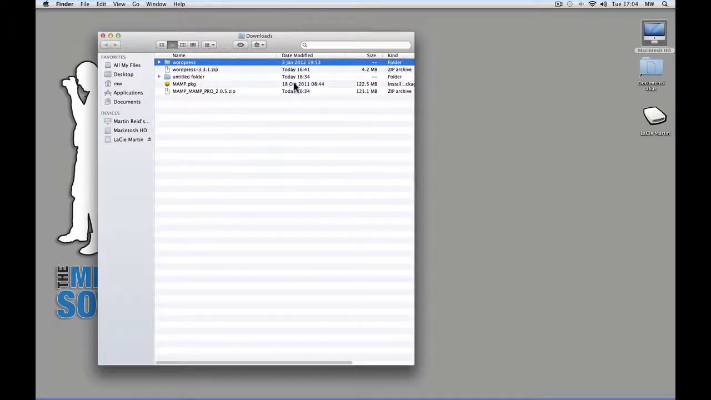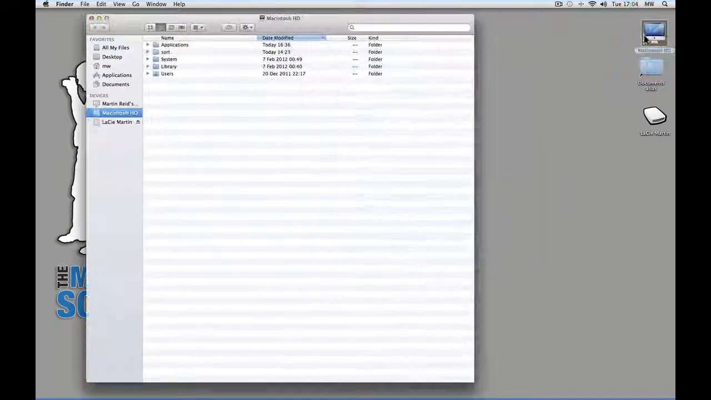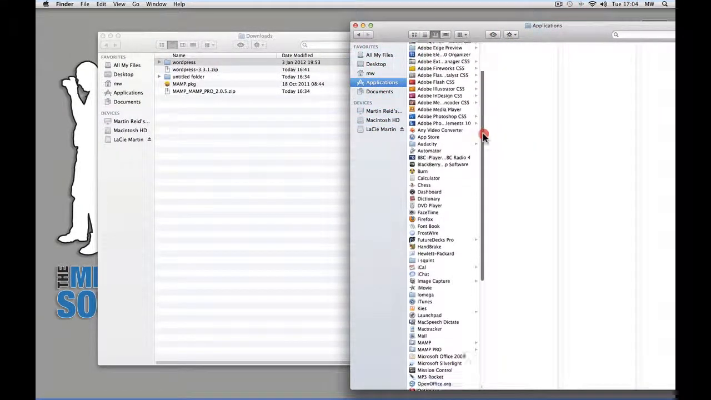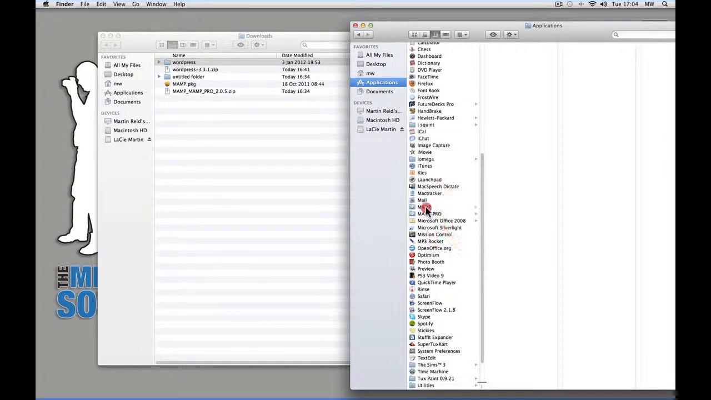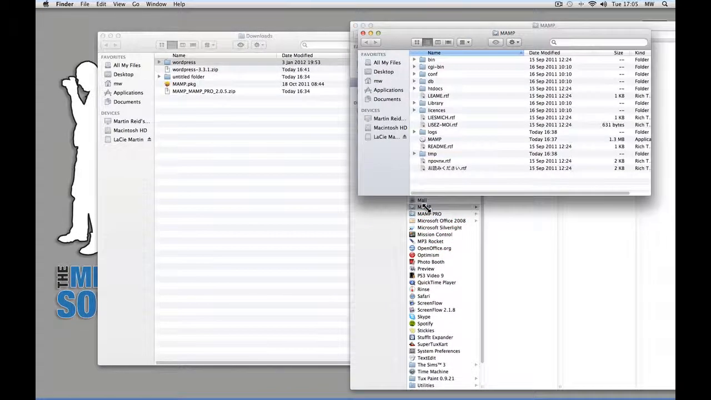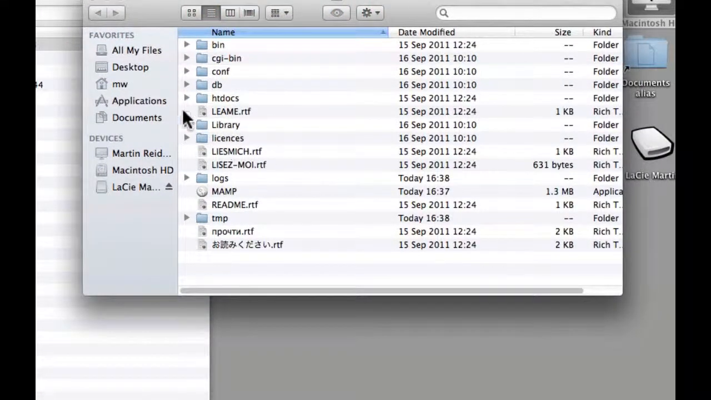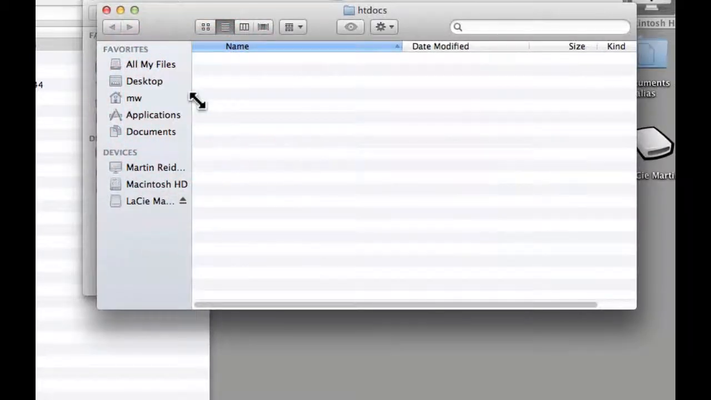Now I'm going to open up another window. I'm going to go to my applications and I'm going to find MAMP. So I just want MAMP and I open that up. Now, where all your website folders or applications should live, they should live in the htdocs folder. So what I'll do here is I'll open that up and I will drag my WordPress folder and place